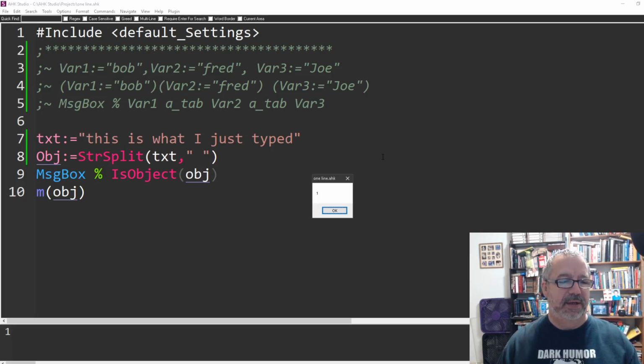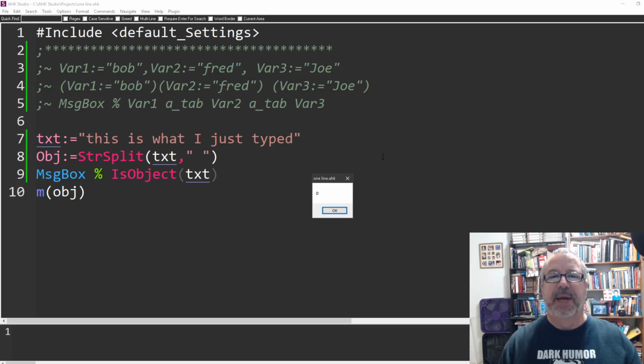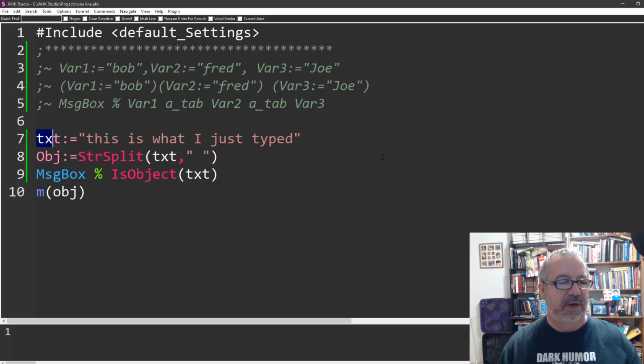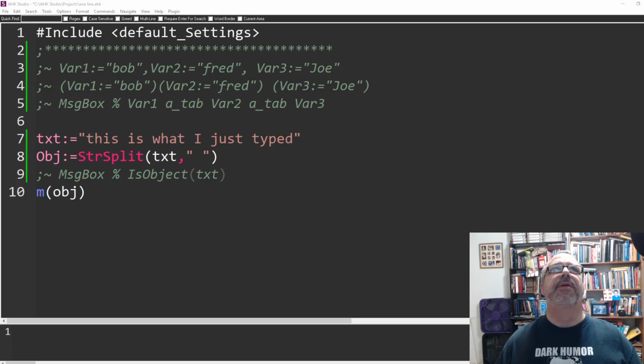If I did this on the txt, it'll come back as 0 because txt on line 7 is just a variable. This, because of StrSplit, stores the results in an object. Okay, we'll get to why that's sort of important here, because we're going to use IsObject in troubleshooting in a bit. Now I'm going to bring in, because I didn't want to try to copy this,